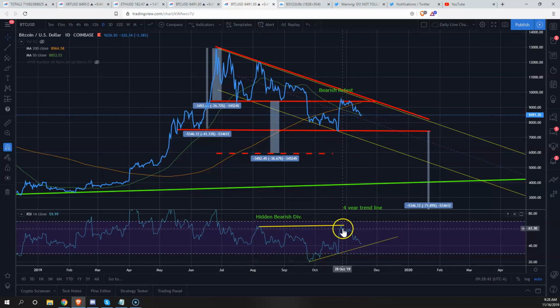This hidden bearish divergence, I'm going to leave it on the chart just so people can learn from it. I'm no longer worried about that. I feel like that's played out, right? We had the hidden bearish divergence. We've now had a $2,000 pullback from the top of this candle over here. This topped out around 10.5 on Coinbase. And of course, we got all the way down to 8,300 and something yesterday on Coinbase. So, almost 2,200 bucks. I'm fine. Hidden bearish divergence done, over with.